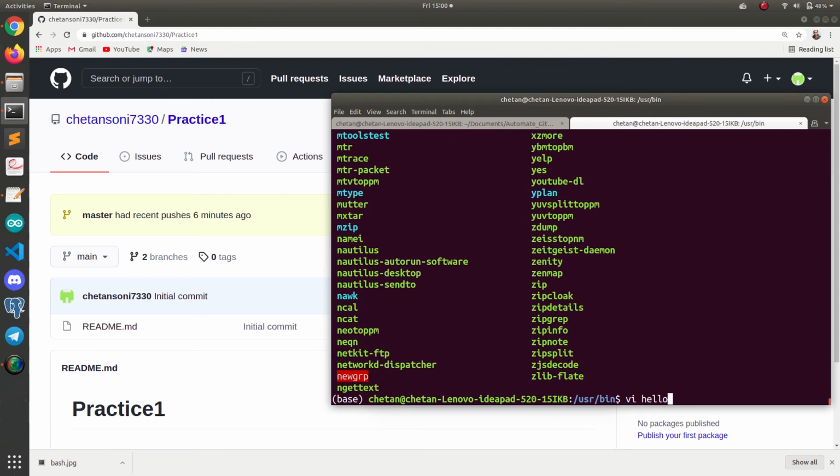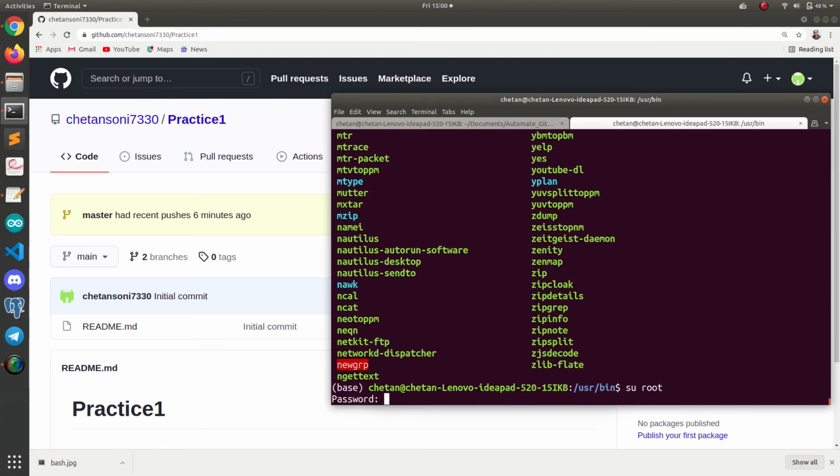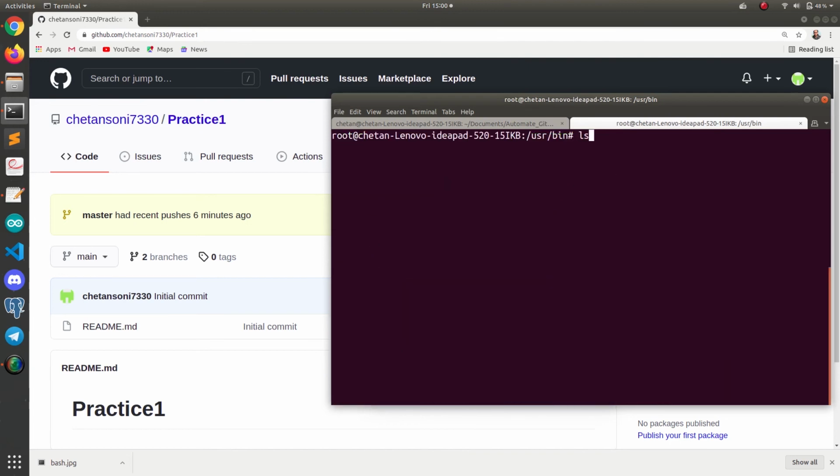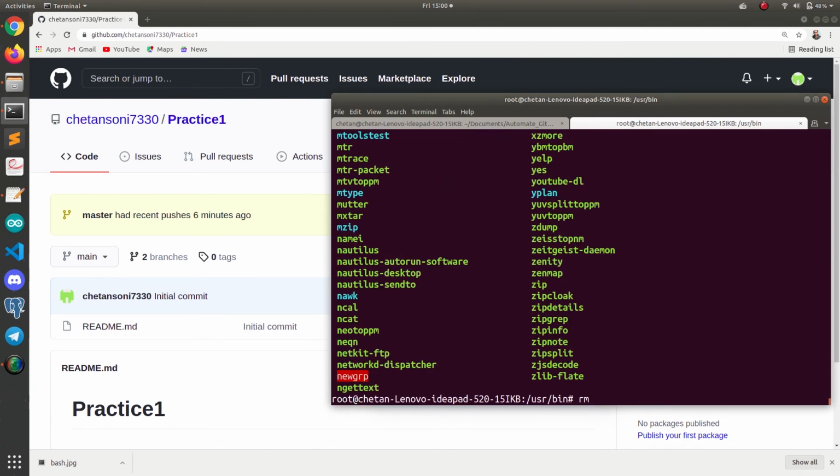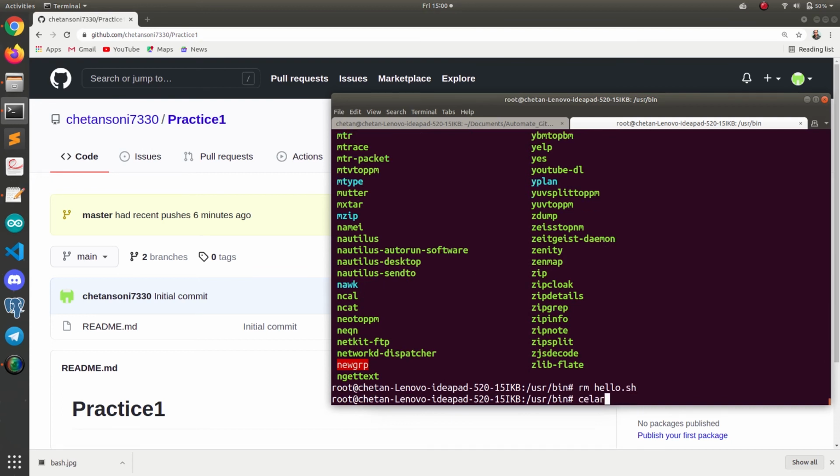Okay, there is already a file existing. Now I'm going to delete this file. So let me first go to the root user. First of all, let me delete this already present file. So we have deleted.